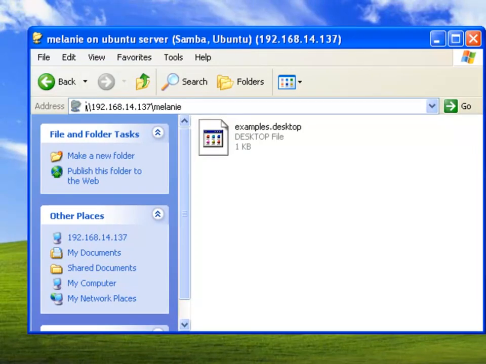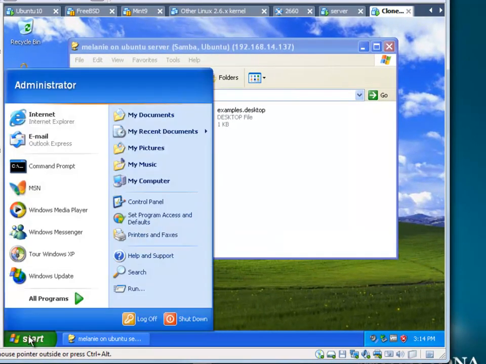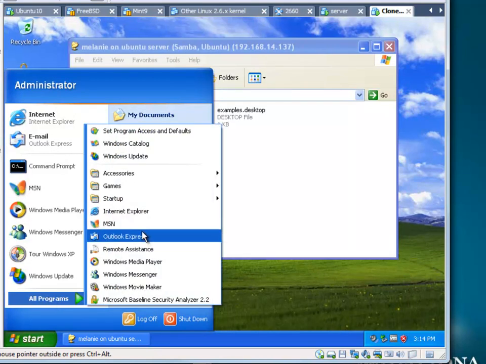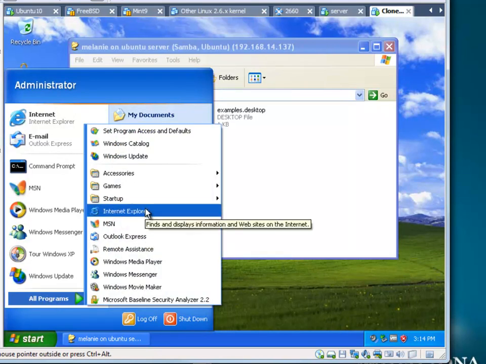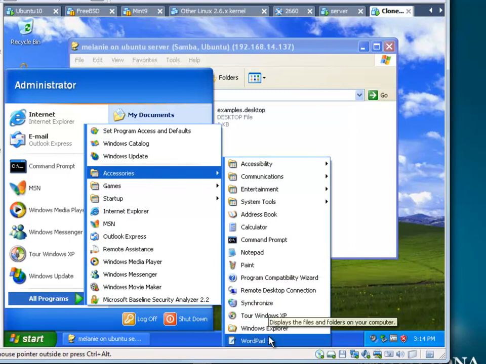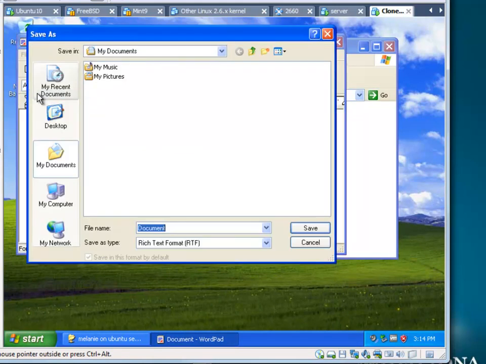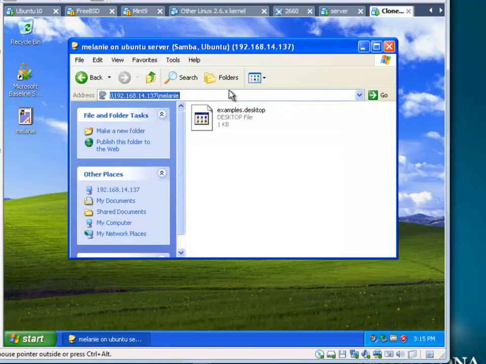And say we wanted to copy a file to Melanie's home directory. Let's create a text file here. Let's go to WordPad, Hello World. Save that. Save it to our desktop. Name it Melanie. Now if you want to copy that file here,